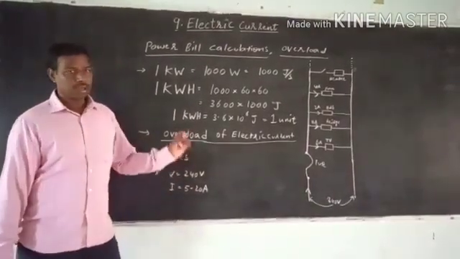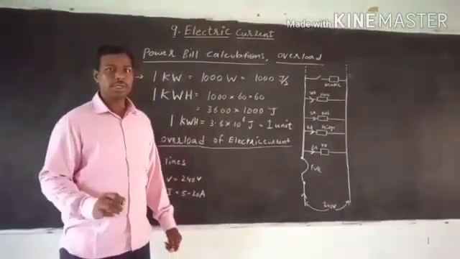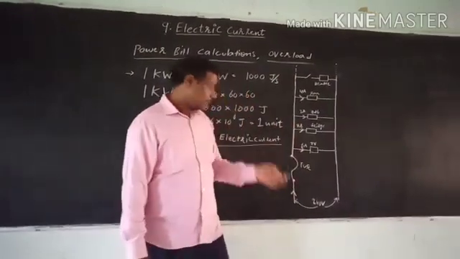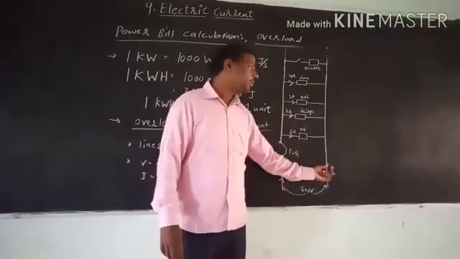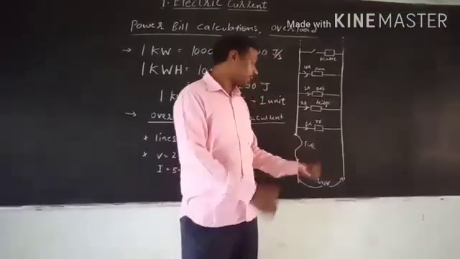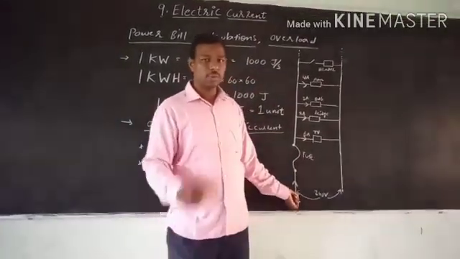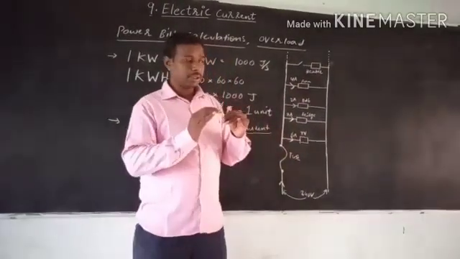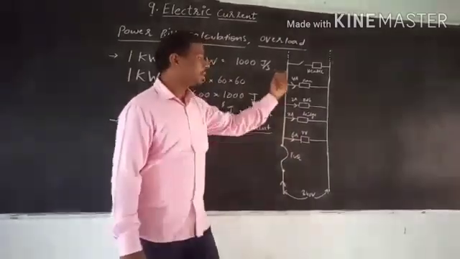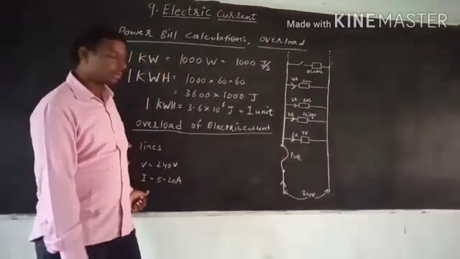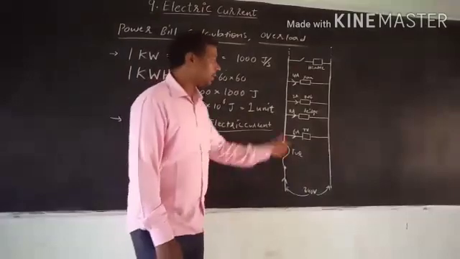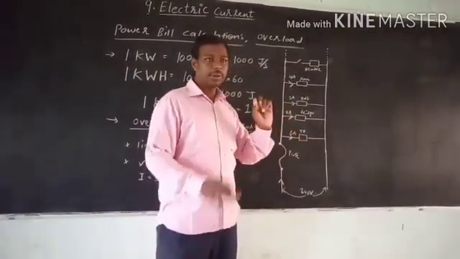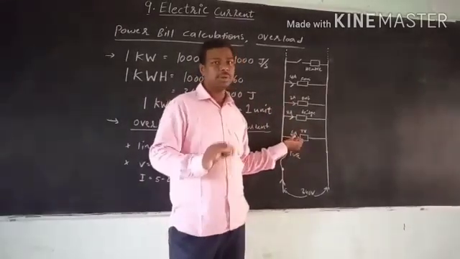Let us consider in which case there is a chance of overloading in our home. For example, from the lines from the electric pole, we are getting a potential difference of 240 volt. Now you can see what will happen. Suppose the maximum amount of current that can enter our home is 20 amperes. If in your home you are using only a TV, there is only 6 ampere of current, and you can observe that electric current flows into your house without any problem.